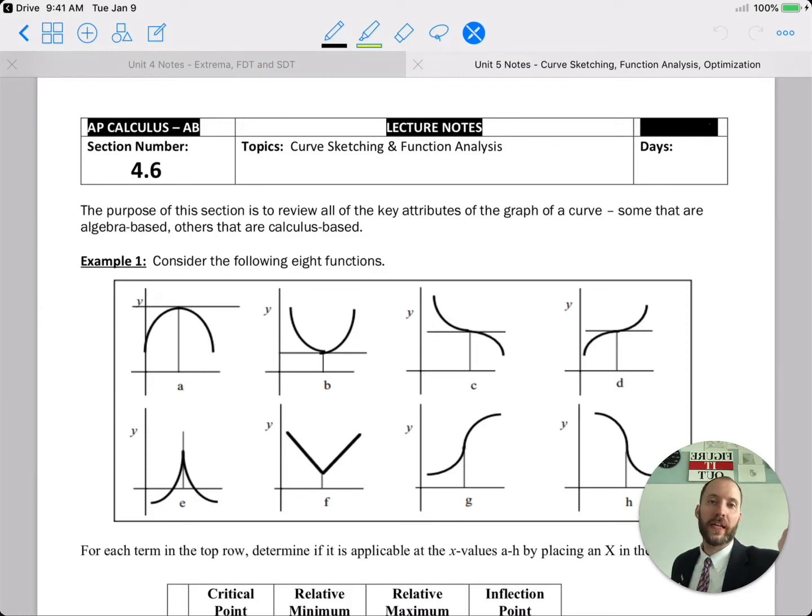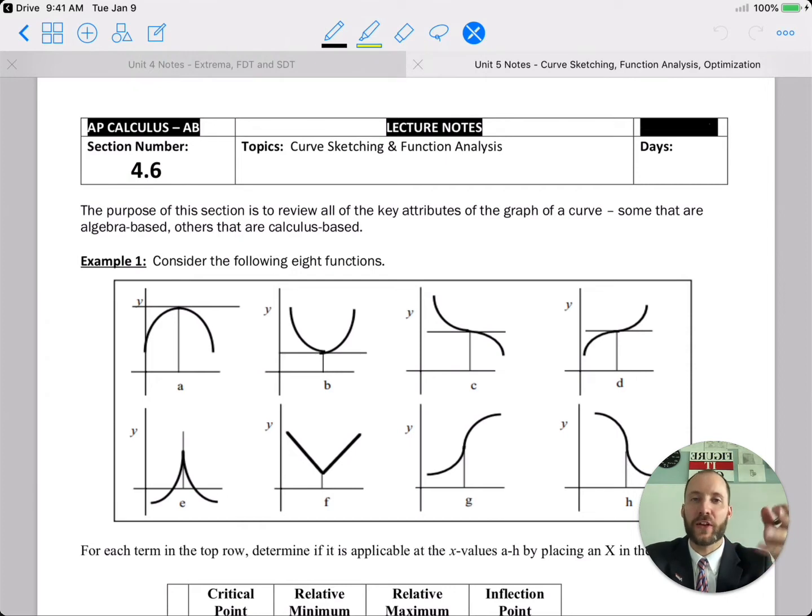The topic we're looking at today is curve sketching and function analysis. This corresponds to section 4.6 in the textbook. So, going well on the way to becoming walking, talking graphing calculators, okay? Not only can you graph an approximation, a good enough graph, but can you graph an accurate, unique graph of a function? So, kind of doing a quick review based on these graph examples you have,